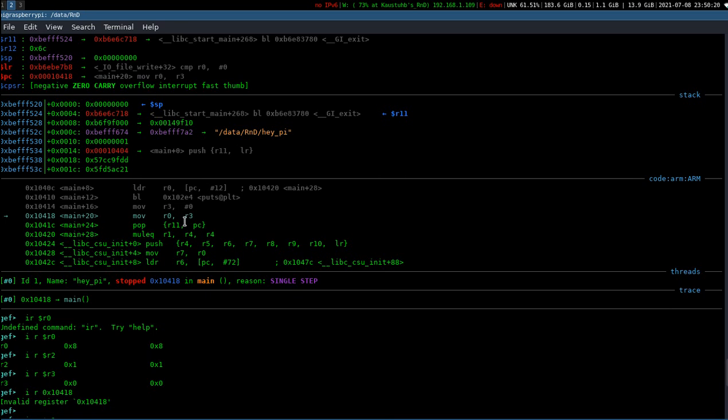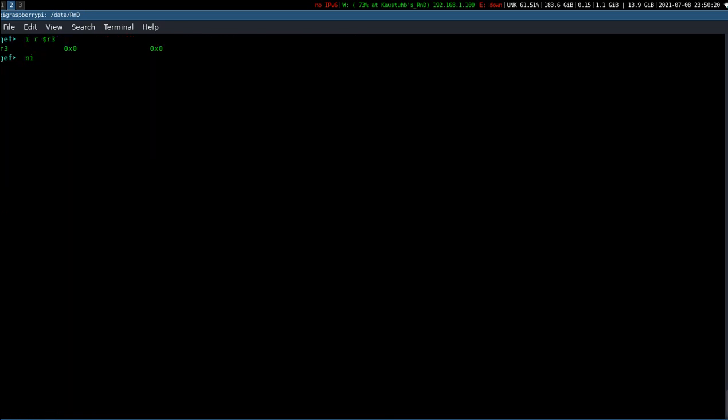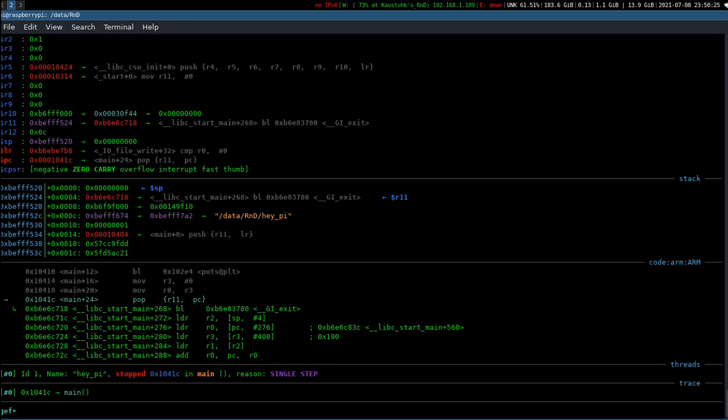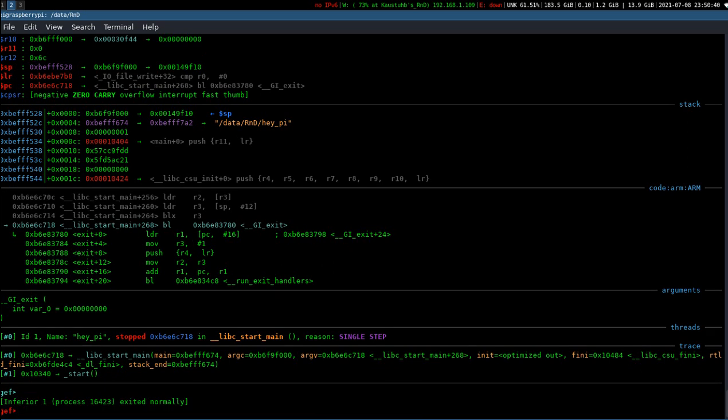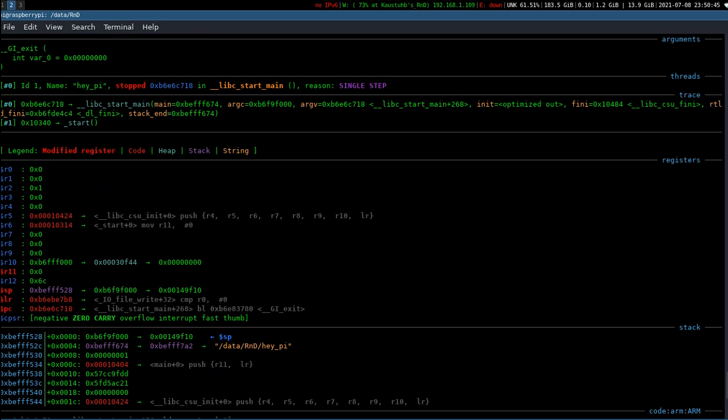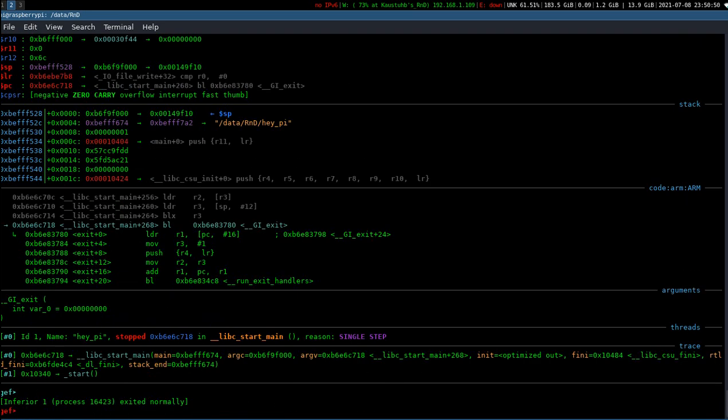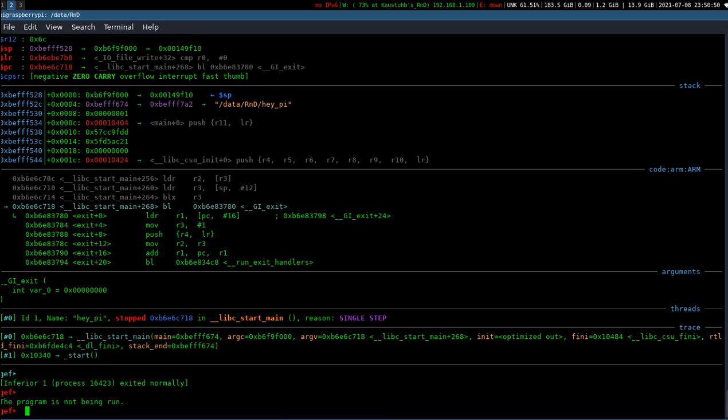So now we can see the next instruction. I know this sounds pretty boring, you need a lot of patience to learn this. And now here we can see a branch link to libc. The branch link instruction is called from this memory address, and this address belongs to libc. Now LDR, here you can see the next instruction and register values. Okay, we are just walking through GEF. The program is finished and it printed.